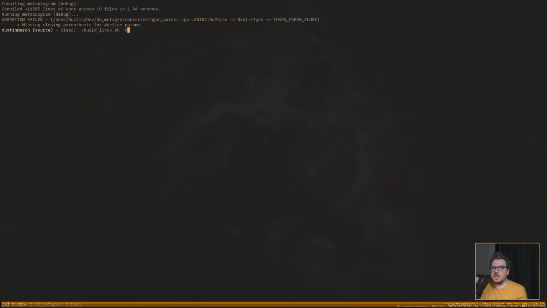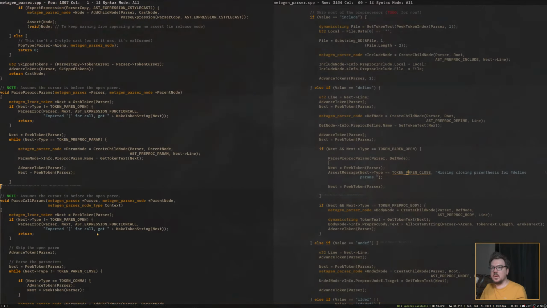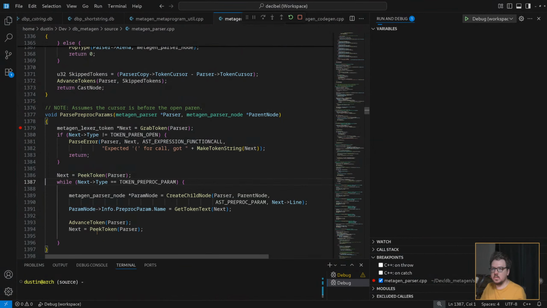Actually, let's just peek in general. We shouldn't be grabbing these. Peek the next one, and if it's a param, then advance to the next one. So if we see a parameter, we create the node for it, and then skip it and look at the next one. Now we're not skipping the closing paren if we see it. Unhandled token, paren close. Okay, so we're still getting there.